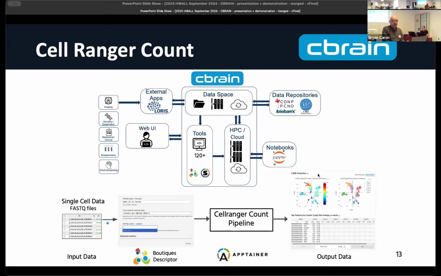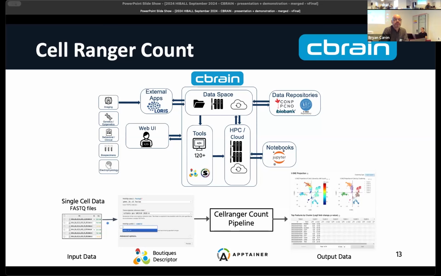So for example, this view of the output from Cell Ranger is directly visible within the CBRAIN portal that we use. Would you download it if you wanted to? Yes, absolutely. You can download either the entire output, or you can download subsets of the output. You have that flexibility to make a decision about what you would like to do. It's not all kept there and locked away. You can do with it as you want, but it just provides that extra means of making it easier to access, with less of a time gap between seeing the output. You don't have to download, but if you want to, you can.